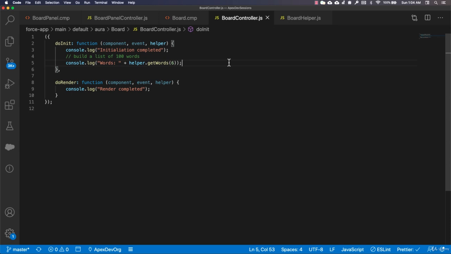So we have got our words array. Now we need to find a random word from this words array, which we will call the win word. And for that we need to learn about one of the methods from the Math class in JavaScript. So let's go to Google and search for